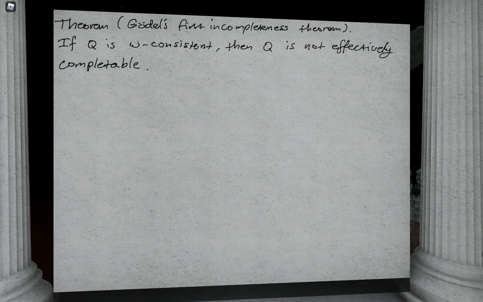Cool, and that's it. If Q is omega consistent, then Q is not effectively completable.